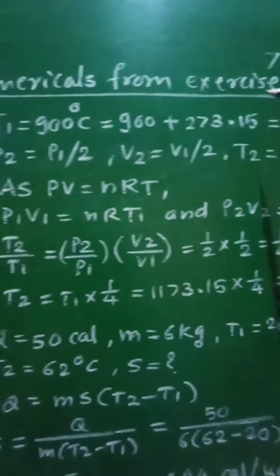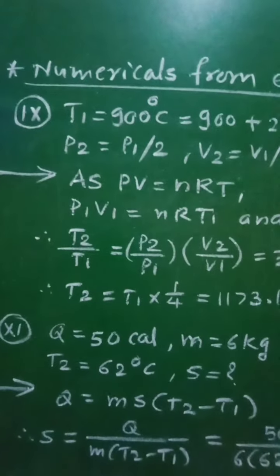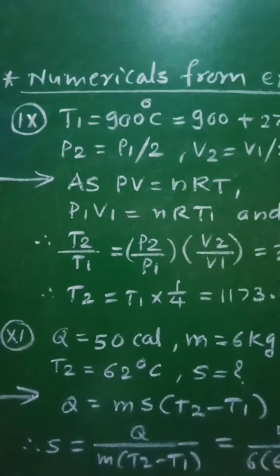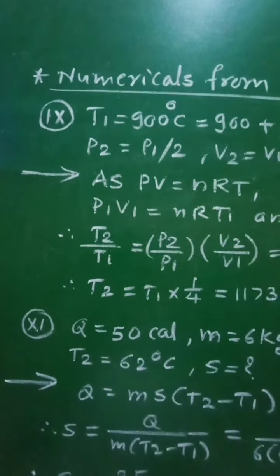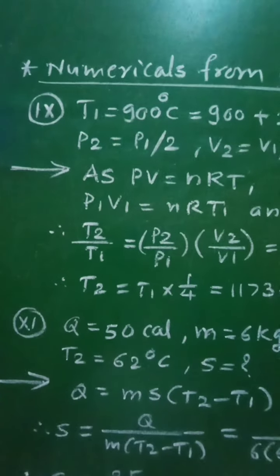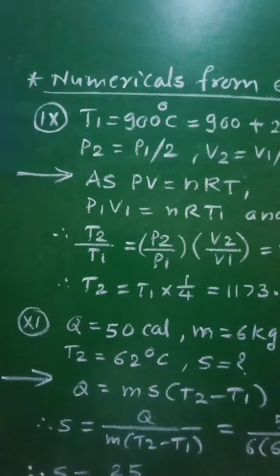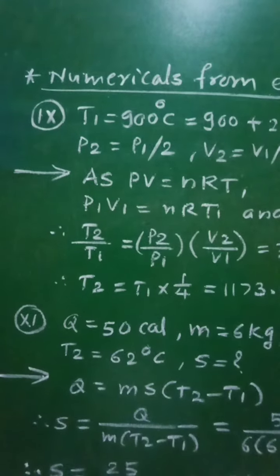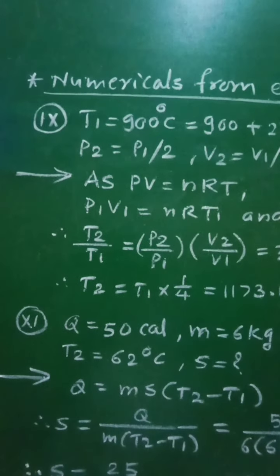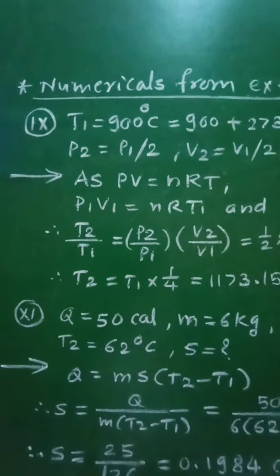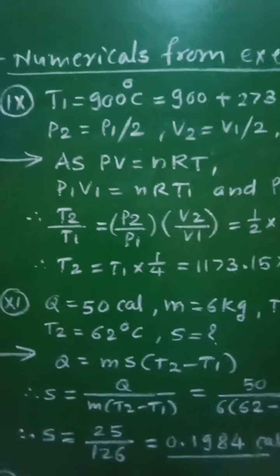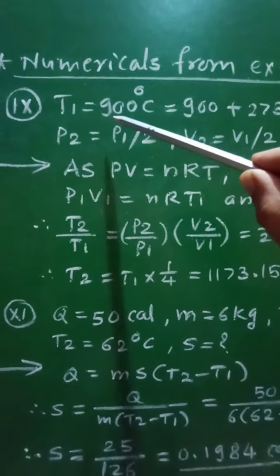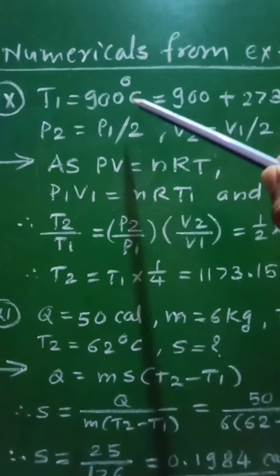Let us see numerical number 9, which is stated as: a gas at 900 degrees Celsius is cooled until both its pressure and volume are halved. Calculate its final temperature. So for this numerical number 9, the given data is temperature T1 equal to 900 degrees